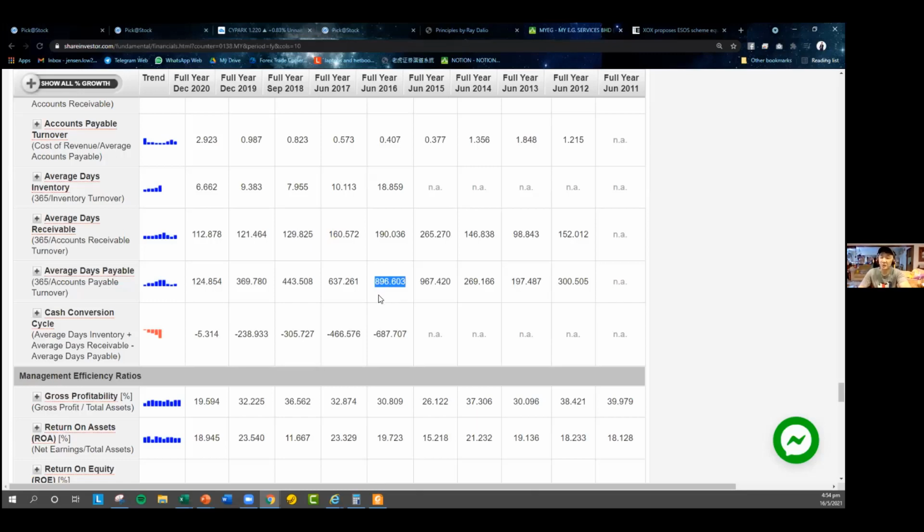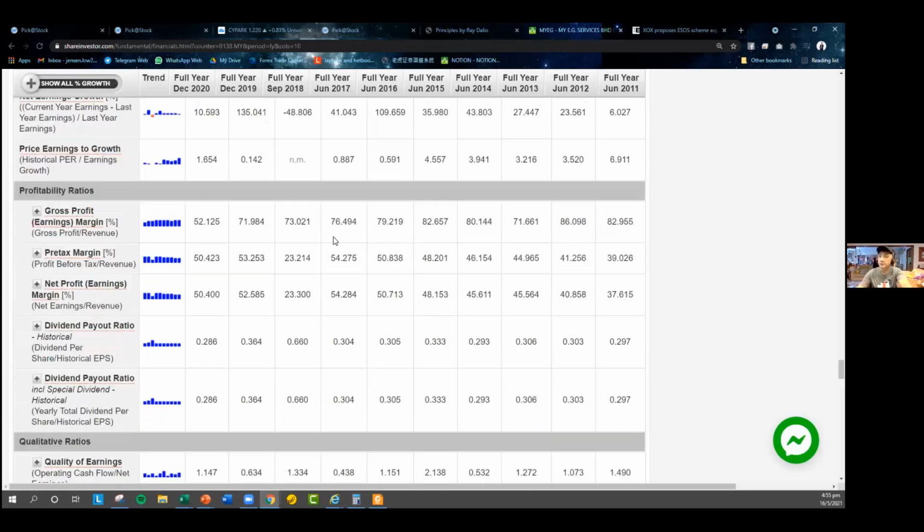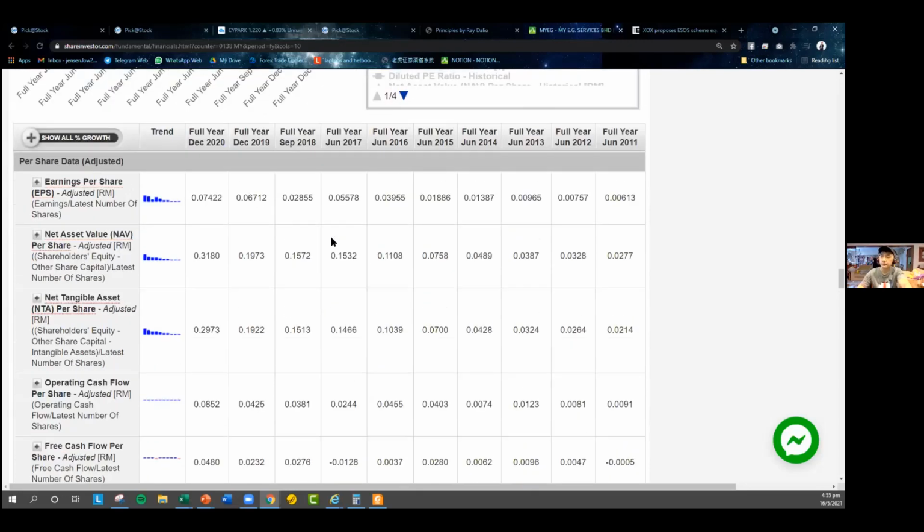But well, can you guess whether the company's cash flow, the actual cash, not just your profit, is strong or weak? Can someone please tell me, strong or weak? You see, I pay my supplier 800 plus days later. I get paid by the government 160 days later. Strong or weak cash flow? Yes. Very strong cash flow.